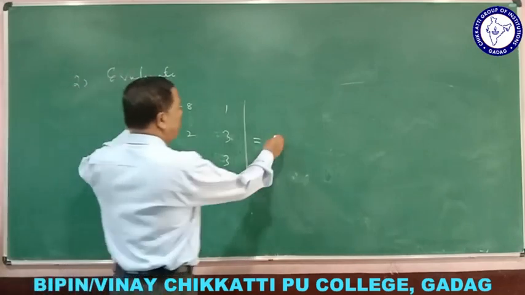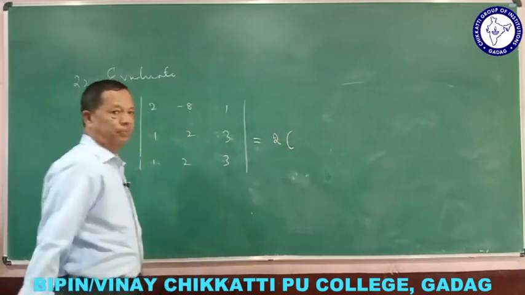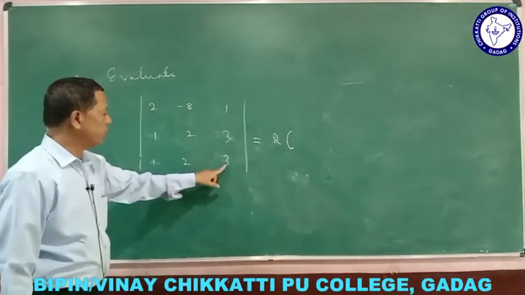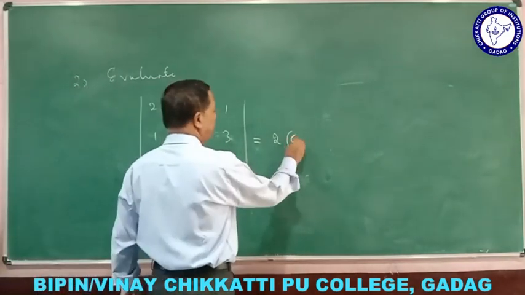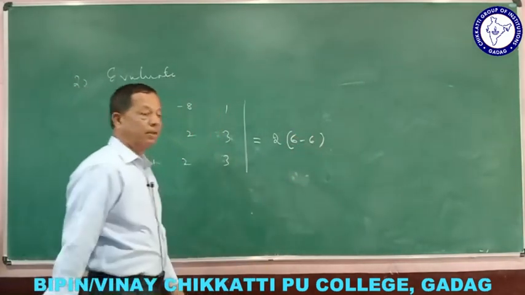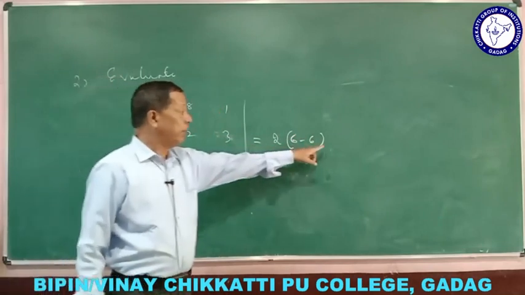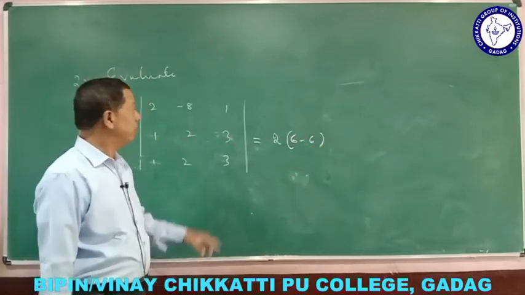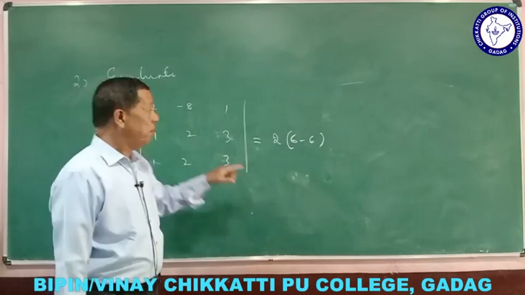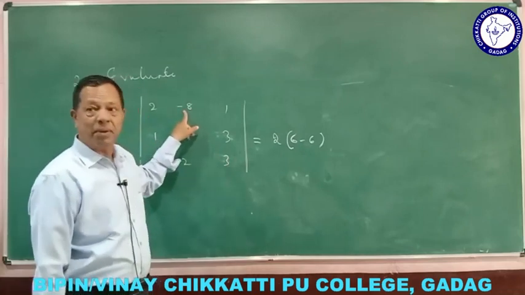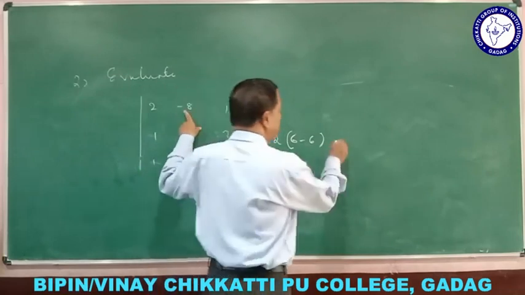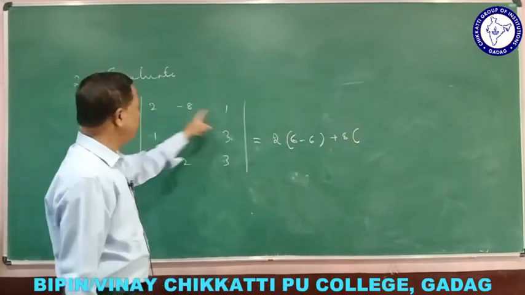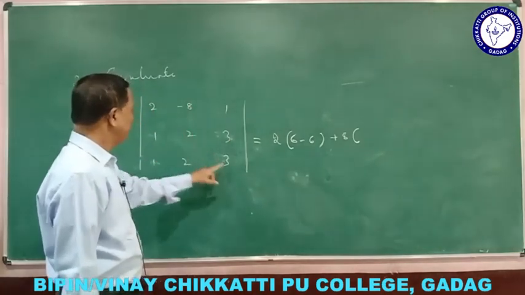So, you tell me, 2 into bracket. Then we have to leave this and this. 2 3s are 6, 6 minus 6. Correct? Next, here you tell me, minus 8 or plus 8? Plus 8 or minus 8, because we take it minus, but here it is already minus. Minus minus plus. So I say 8 into bracket, and you have to leave this and this. What? 3 minus 3.